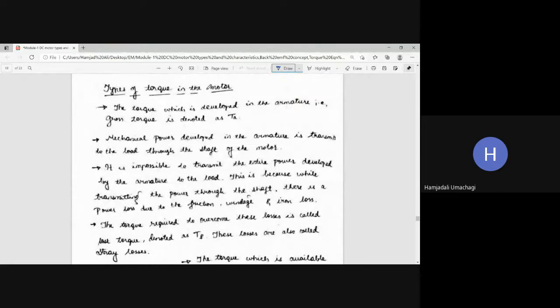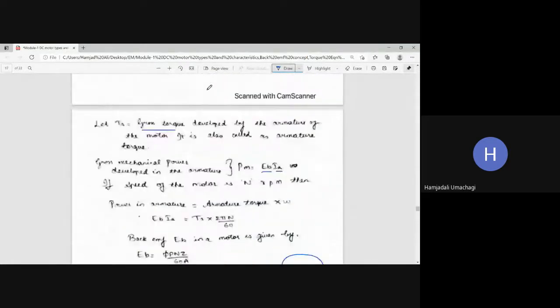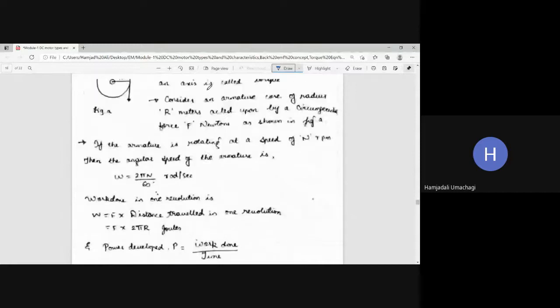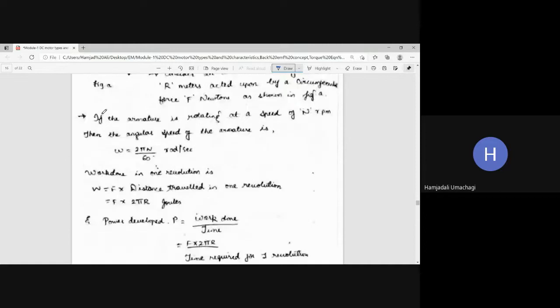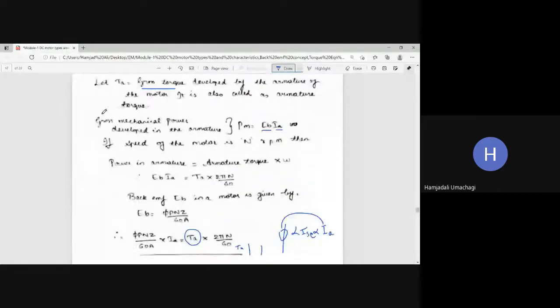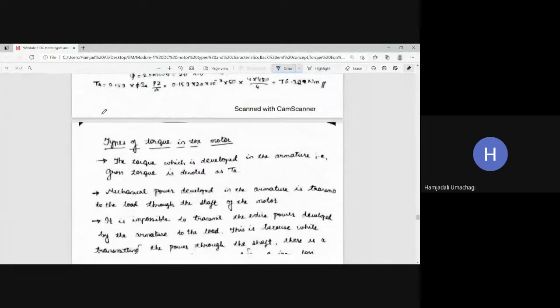Types of torque in the motor, okay. So one thing I want to ask you here is, torque is produced in which part of the motor? Torque is nothing but what? Force, that force that makes the motor part rotate. So torque is produced in which part? Rotor. Rotor means what? It is armature, because armature itself is the rotor. Right. Now let us see how that torque is getting divided into various types.